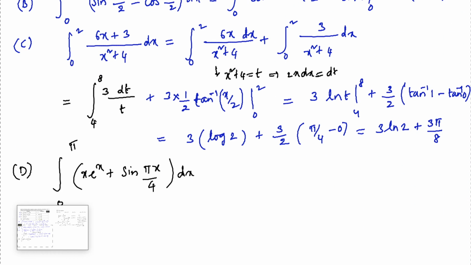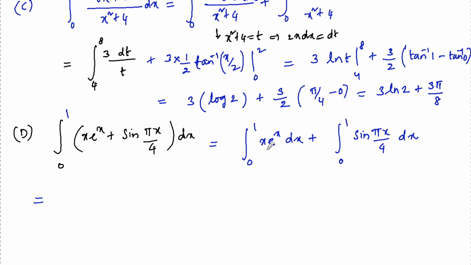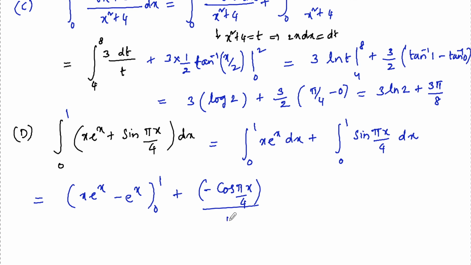So this is 0 to 1, which equals integration 0 to 1 x e power x dx plus integration 0 to 1 sin pi x by 4 dx. Integration of x e power x is x e power x minus e power x from 0 to 1, and again integration of this is minus cos pi x by 4 divided by pi by 4